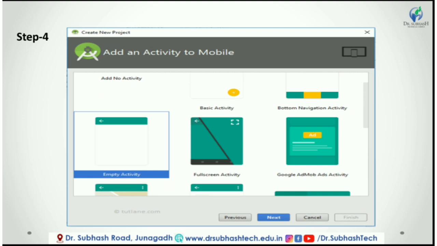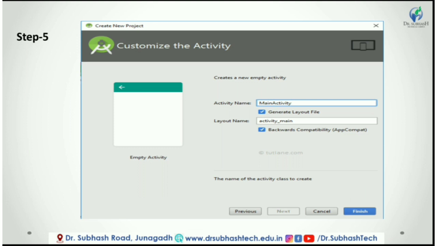In the next step, click next and choose the particular activity for our requirement. If we select the empty activity, then it will show the empty activity in our layout. In case we choose another option, then it will show the activity which we have chosen. Here we are selecting empty activity like as shown below. After choosing the activity for our application, click on the next button and it will take you to the next screen like this one shown below.